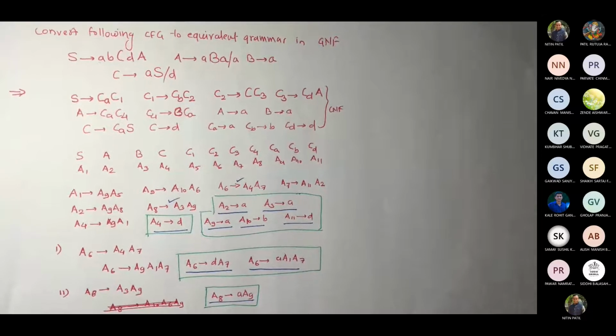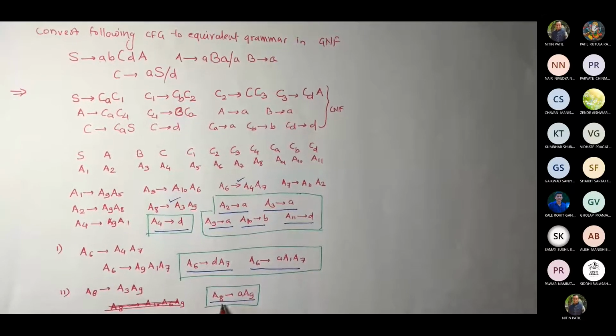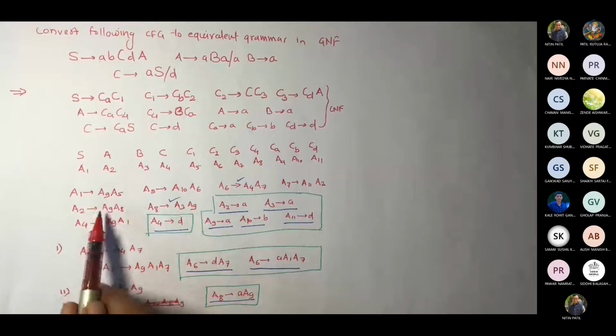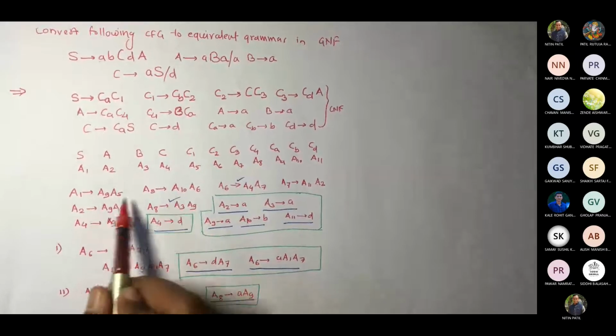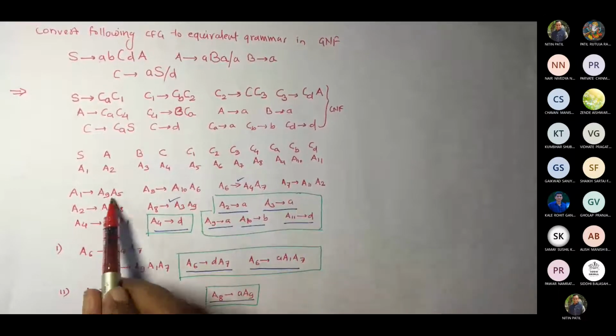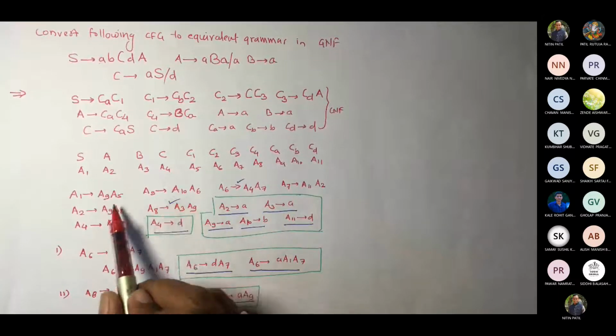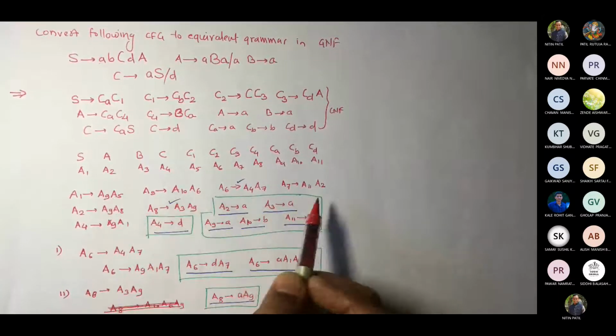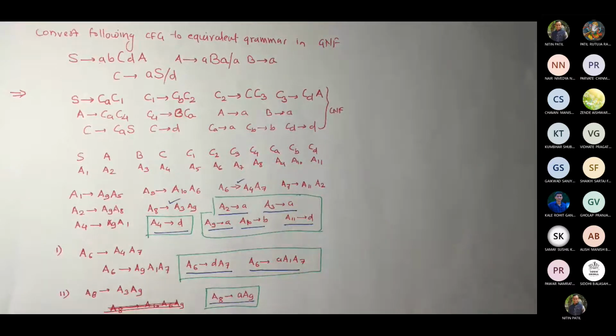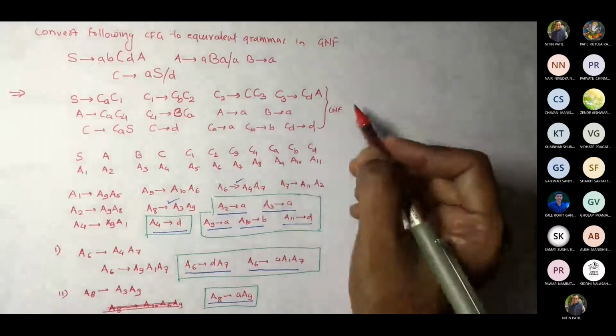So shall we continue with the next? Now we are done with A8. So now let's see, the rest of them are only to be replaced by the respective values 1, 2, 3, and 4. These are the remaining ones, and this one A5. So only the A9, A10, and A11 values are to be added. Correct? So let me add it here.